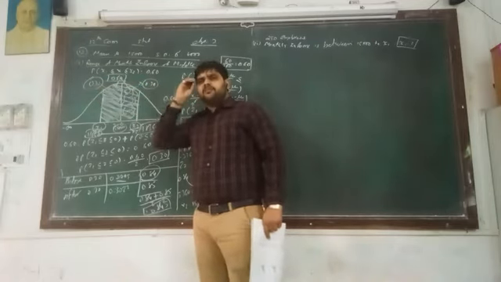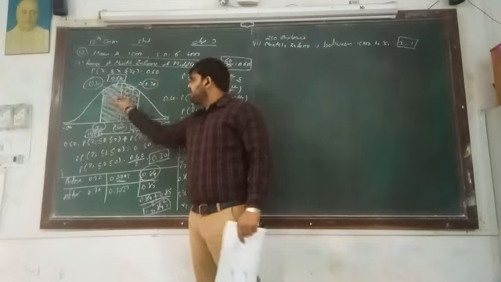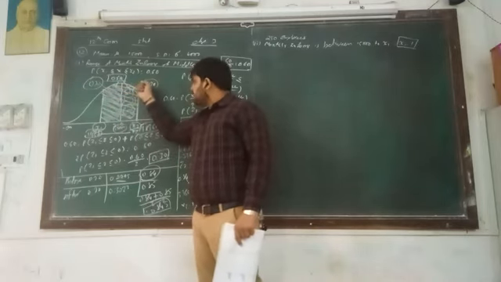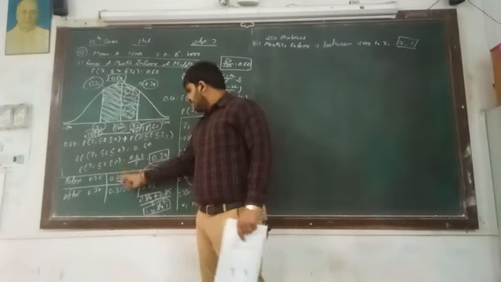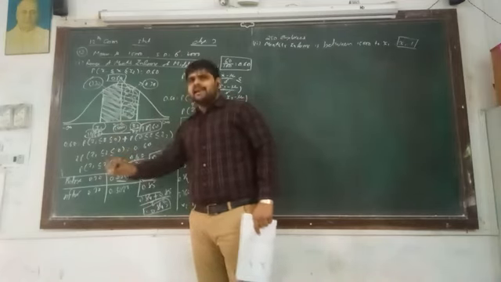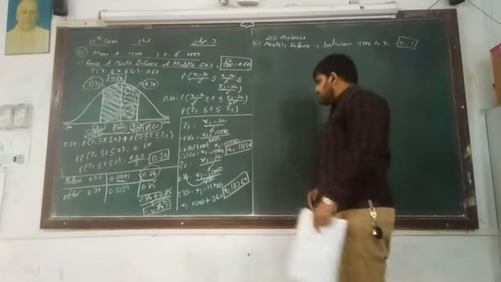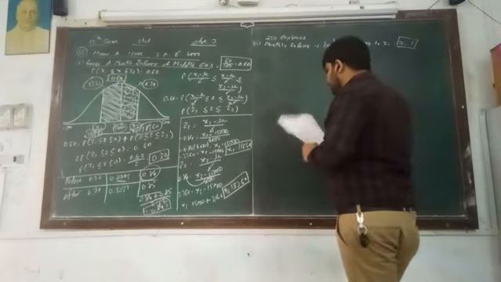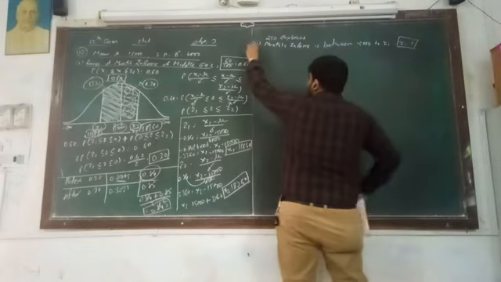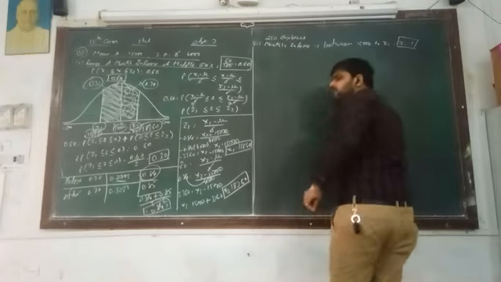One funda that you have to make in your mind: whatever middle value is given, we have to divide it into two parts, and on the basis of that part we have to find out the before and after values. If that value is given directly, then there is no problem. So this is the first part. Now what is the second part? That is, one value is given and the other value we have to find out.